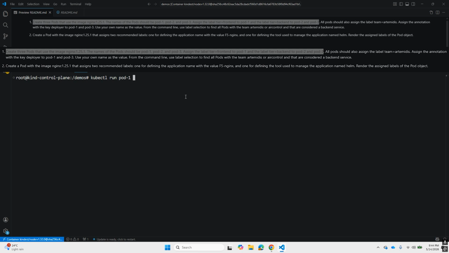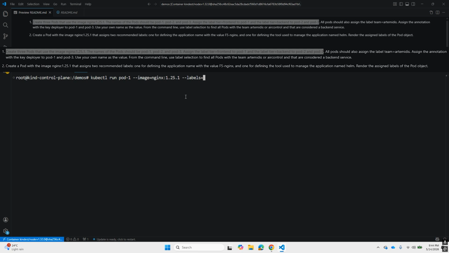So the first pod is pod1, and then we need to specify the image. So that would be nginx:1.25.1, and then we have to add a label